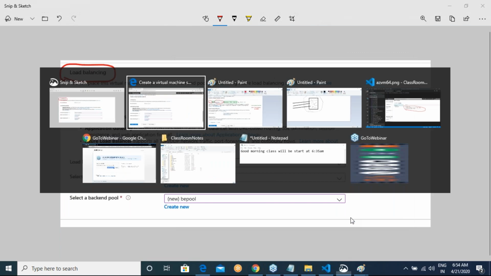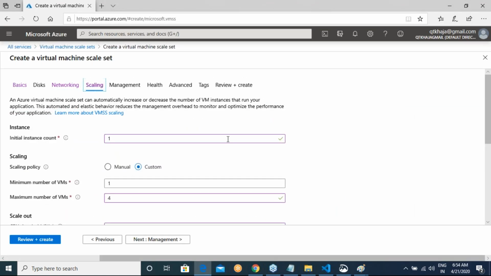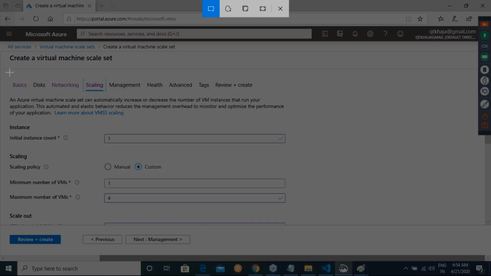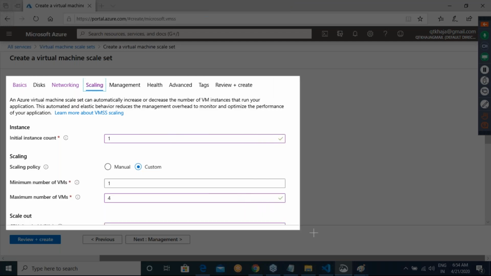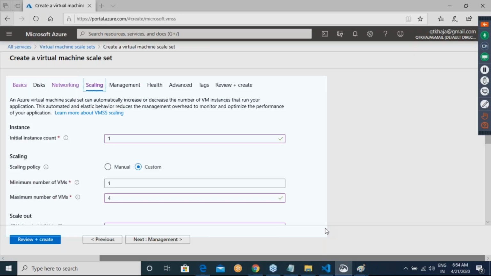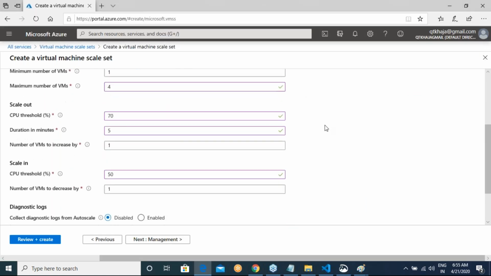Right. And then the next one which you need to worry about is scaling. Okay.